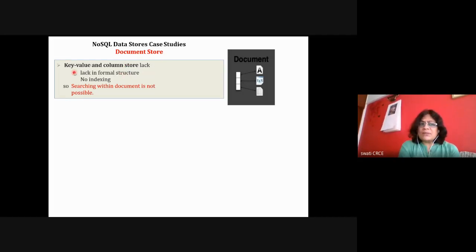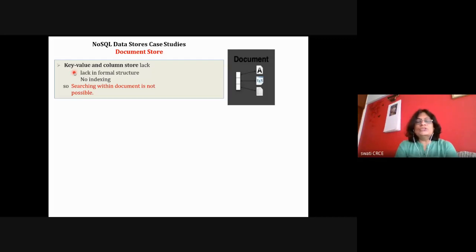Okay, so I think you have understood today's plan: we are on the third chapter of the syllabus, that is NoSQL databases, and we are studying the second type of NoSQL data store, that is the document store. And why document store? Because it provides some additional functionality over key value, searching is easy in this case, and some sort of relationships can be established here.